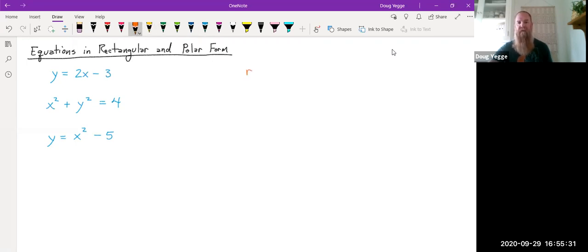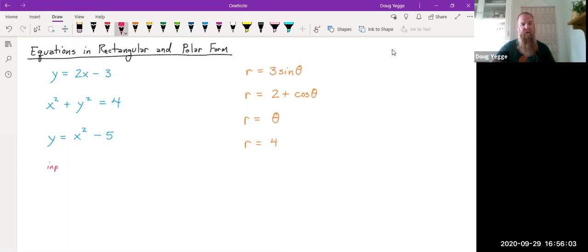But some examples of some polar equations might be r equals 3 sine of theta, or r equals 2 plus cosine theta. Or maybe it doesn't even need to have a trigonometric function and it's just r equals theta, or r equals 4. These are all equations that are in polar form, which means in the rectangular form, typically you have an